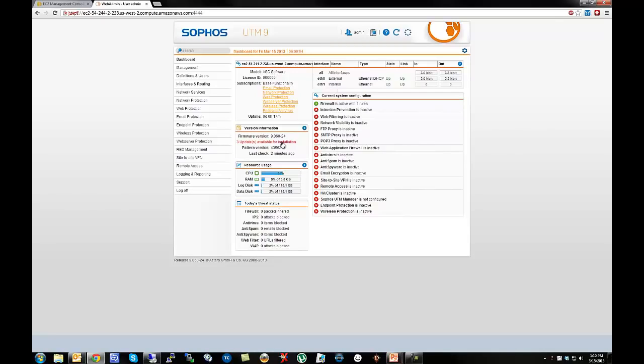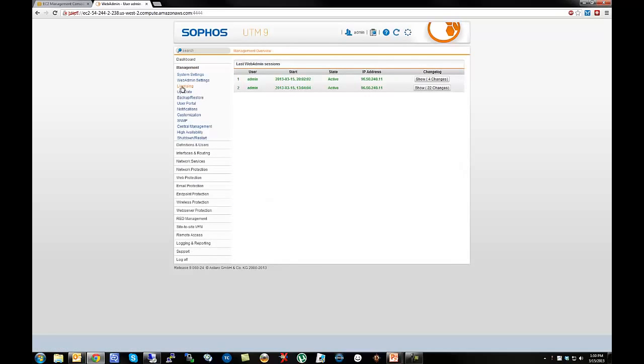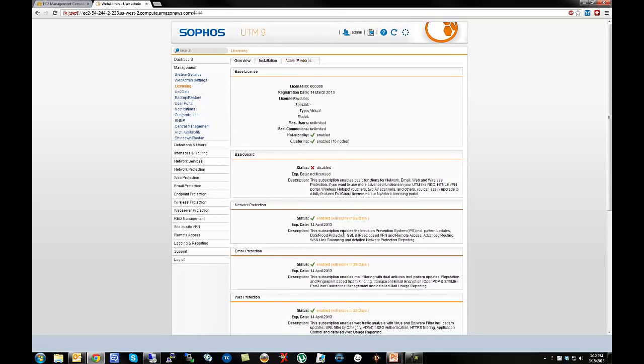And rather than actually do that while it's downloading and making these updates ready for installation, we'll just assume that when you do install your UTM, one of the first things you do want to do is actually update your box to the latest version. And you can also replace your license key with your own licensing right here from licensing. So you can put your own key in here itself,